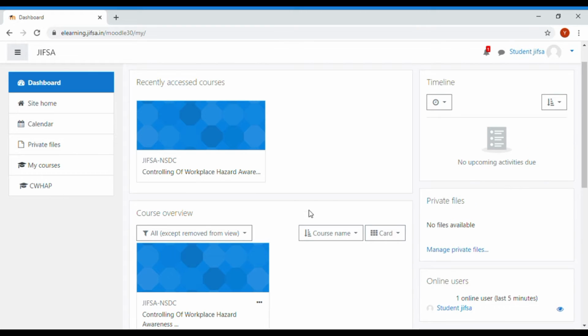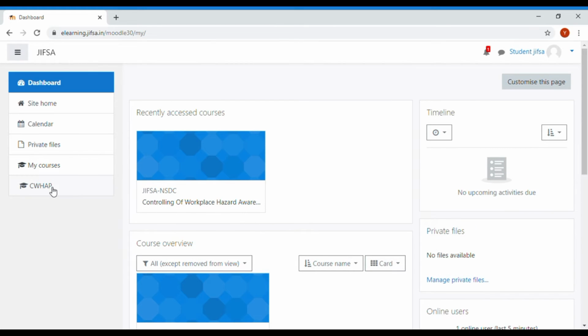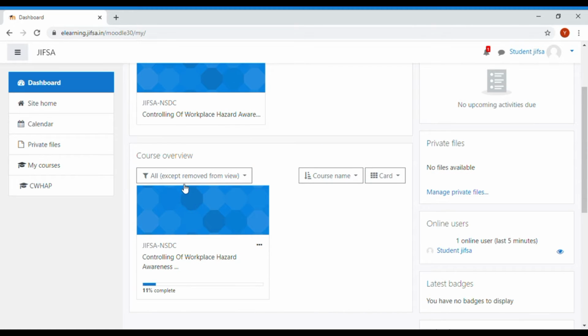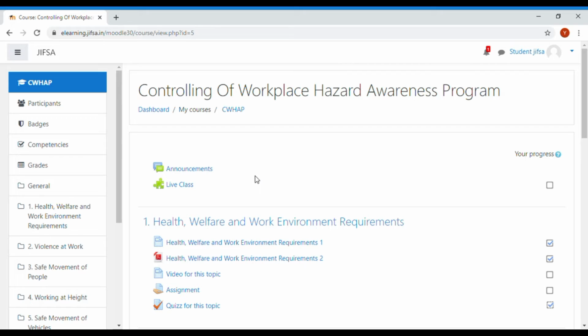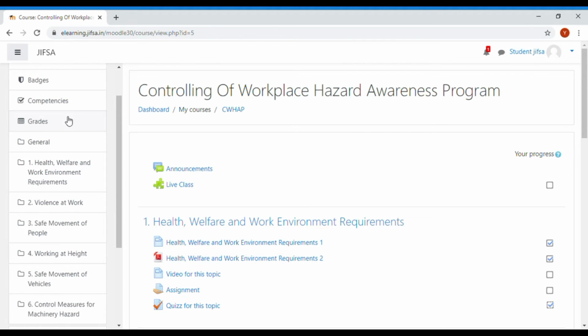Now, how can you study over here? Just go to your course, from this tab or from this tab. Now you can see the course arrangement over here. All these are the topics. There is a general topic, and topics 1, 2, 3, 4, 5, 6. In the general topic, there is one announcement. Teachers can make announcements. Students cannot.